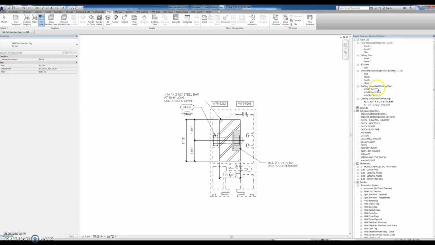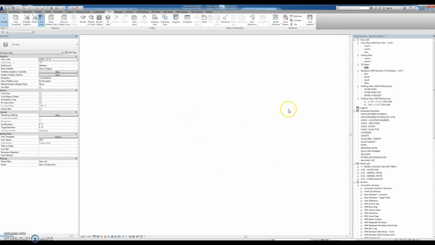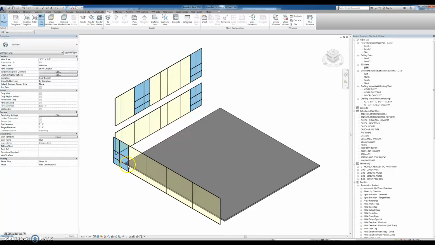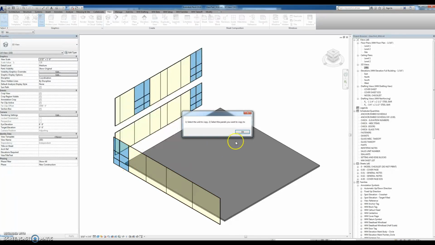so I go to elevation view, my test project, or how about a 3D view, and I type in CU. See, it did the copy unit command with the hotkey. And yep,